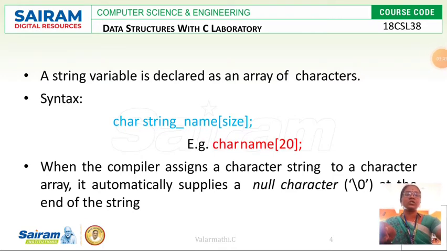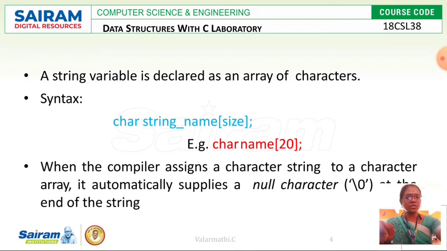Next concept is how a string variable can be declared. We know that a string is nothing but an array of characters. How is an array declared in C programming? It follows the data type, then the array name and its size. The same thing is followed here.